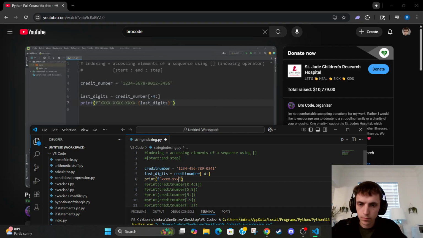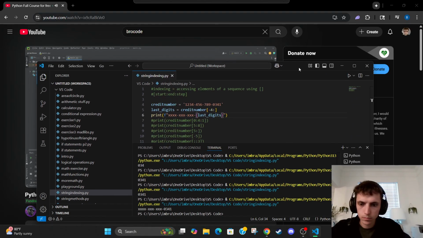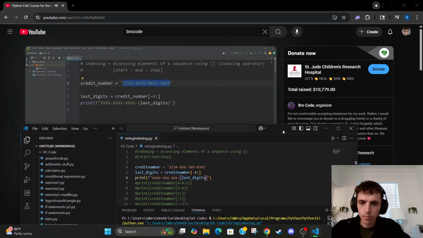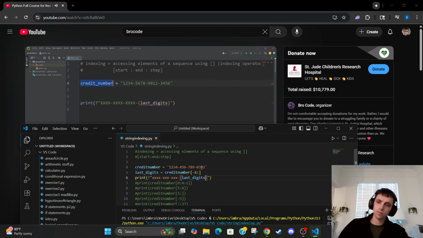All right, and here's our credit card number where only the last 4 digits are visible. Hey, you know what? Let's add one more exercise. Let's reverse the characters in the string. I'm going to reassign credit number